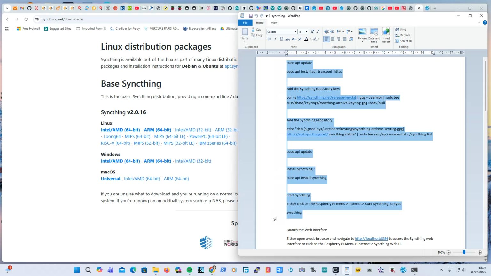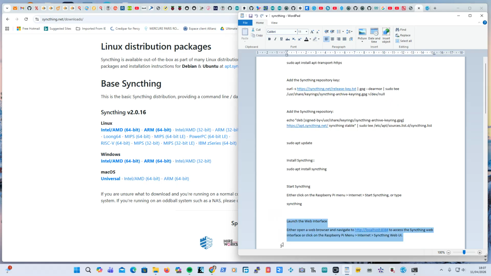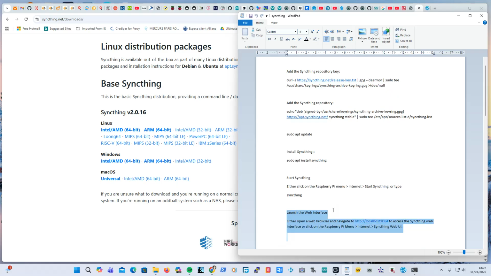Everything worked wonderfully. I thought, okay, then it was just this one step to launch the web interface. Now obviously I couldn't click on the Raspberry Pi menu internet thingy, so I had to go to that